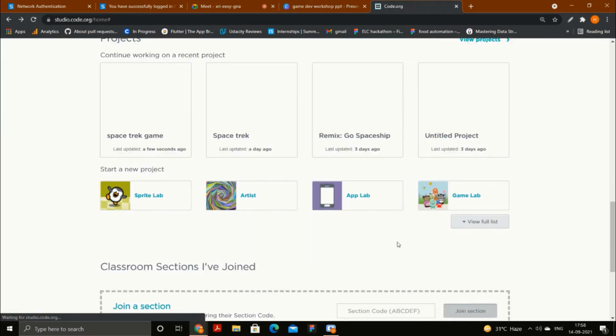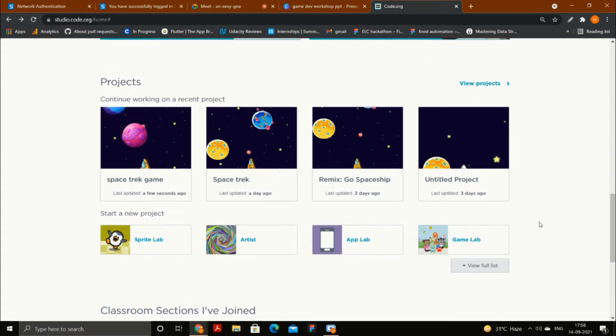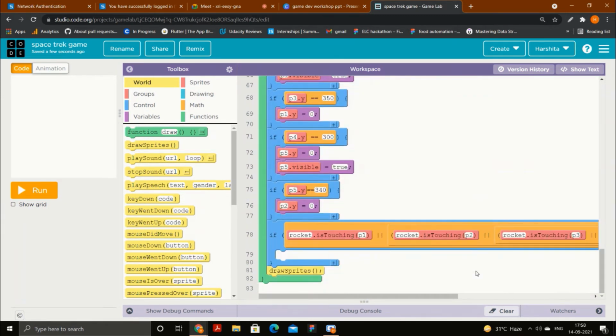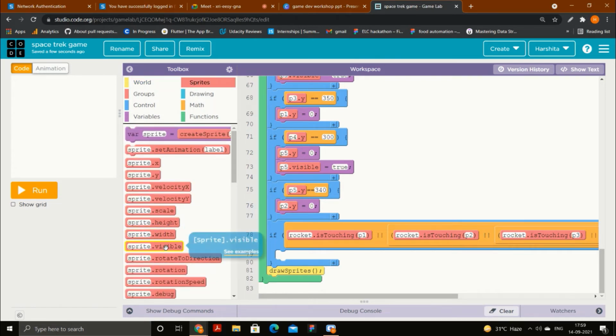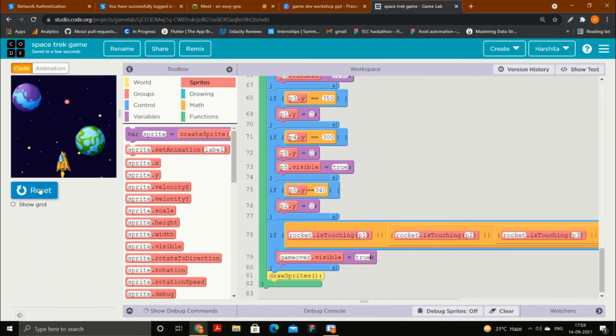So now, what happened? Okay, just a second. It automatically refreshed the page. I didn't do anything. Yeah, this was the code. So what we will do is, I just want to display that game over animation on the screen. So I will again take sprite dot visible. The name of the animation is game over in my case. It can be another name in your case, and I will make it visible by setting it as true. Okay, so I will just run.